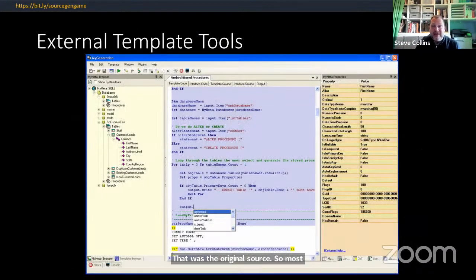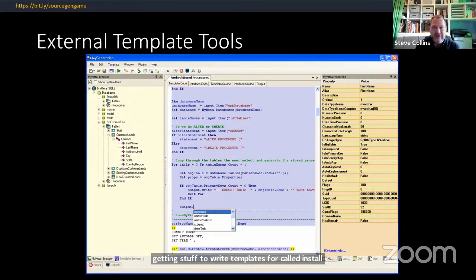So whilst Visual Studio added some code generation tooling, there was still room for template-driven generators. Here we have one that I used a lot in my early days of .NET that was called MyGeneration. And this was back to this template-driven stuff about writing templates for calling stored procedures.